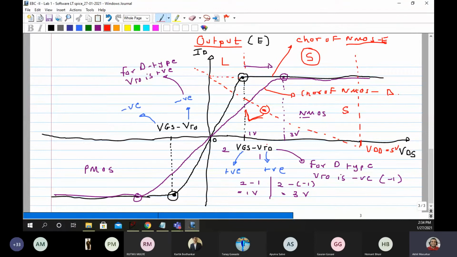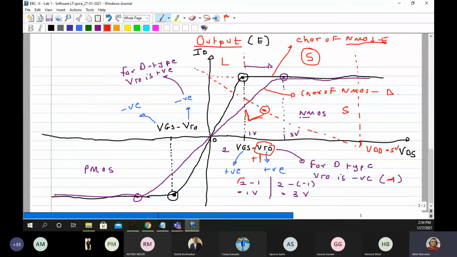Now what happens is, for the same type, that means NMOS, when you are moving from NMOS enhancement to NMOS depletion, the only change that happens is the value of the VTO. Now what is that value? It will become from positive to negative. So let us say initially if this was plus 1 volt, for this it will become minus 1 volt.